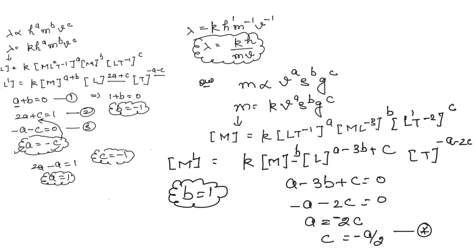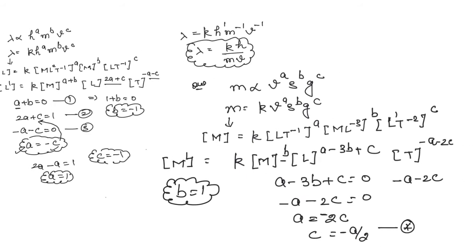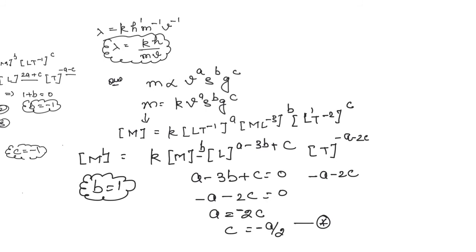Now we also know minus a minus 2c is equal to 0. If we keep minus a as it is, and c is minus a by 2, this 2 will cancel. No, this won't work, everything cancels and the equation becomes an identity. Think of something else, class, how can we solve this?